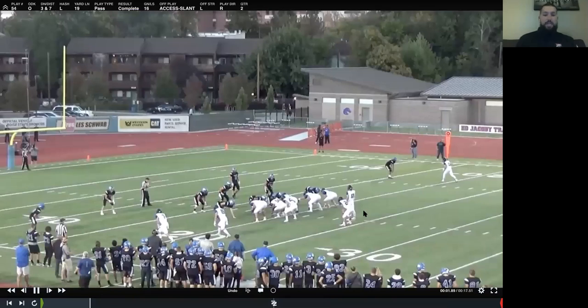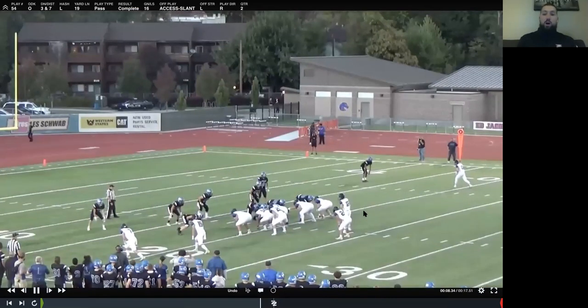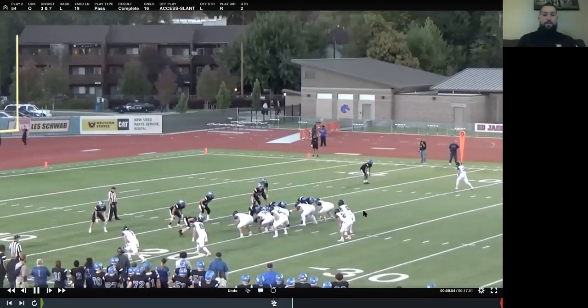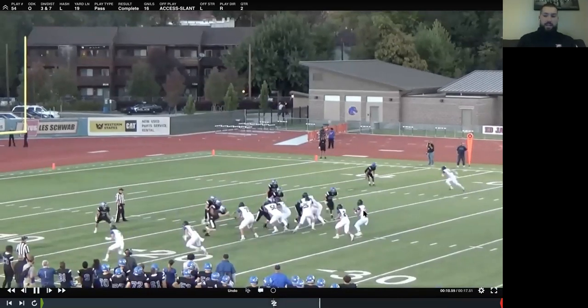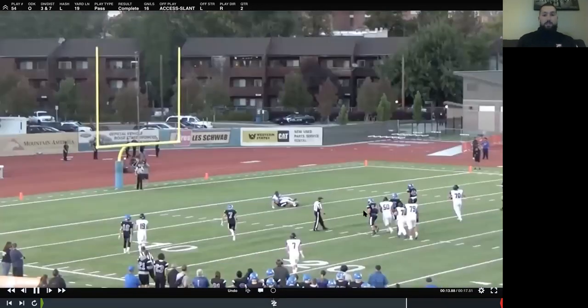So we go FIB, right? Trio into the boundary. They got no safety help, and they've got a corner off and soft. We can hand signal out there a slant to our dude, right? I'll show you a couple other change-ups that we've got too, right? But we just put that dude on a slant and say, all right, let's go to work. It was 3rd and 7. We just got 16. It's 1st and goal on the 3.